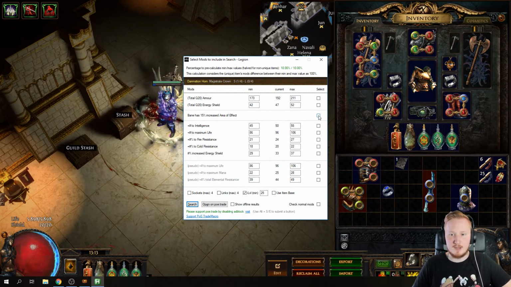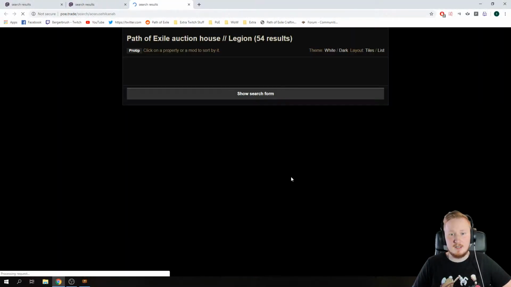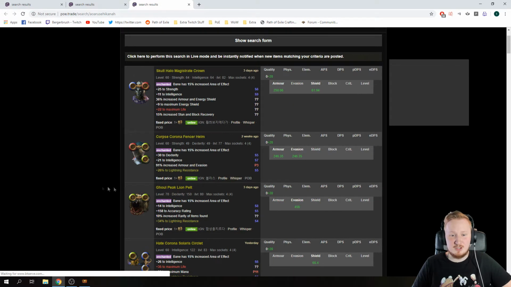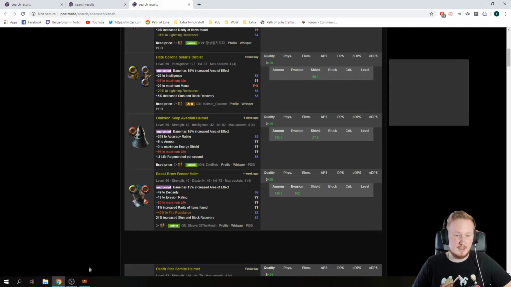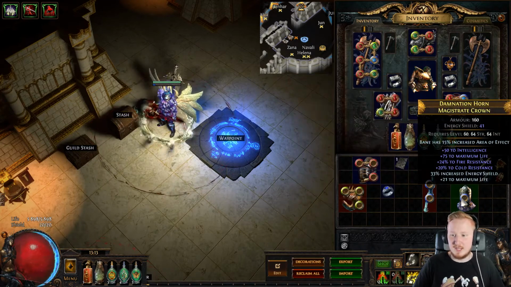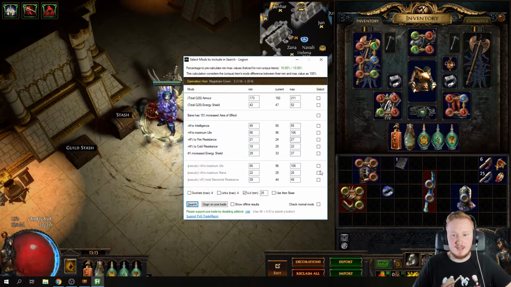It's going to show you every time that you look at it as well. So you check that box, and then you open up on PoE Trade, and it's going to show us that just a 15% increased area effect Bane enchant is not really worth that much. If we then have a look at the helmet itself, seeing that it has a good amount of life, fire, cold,